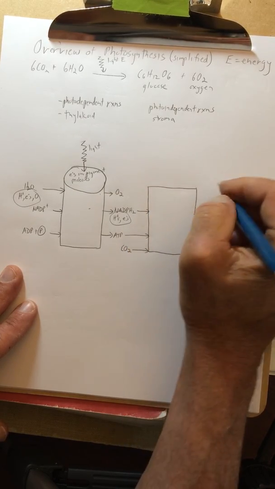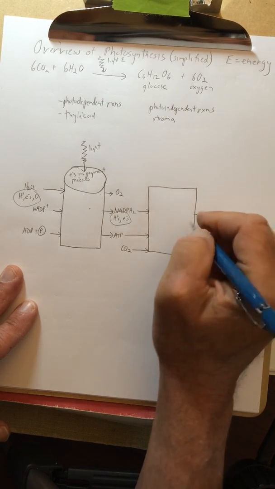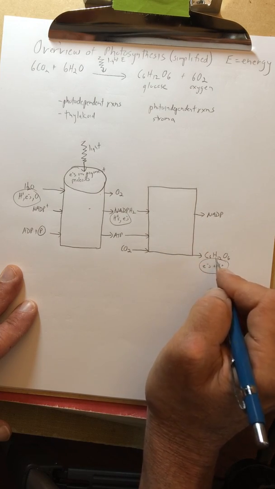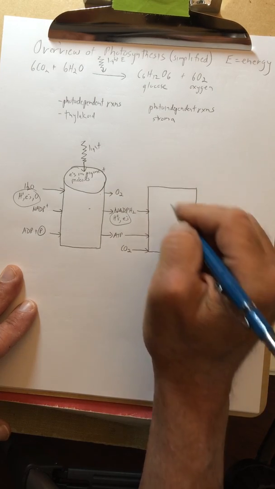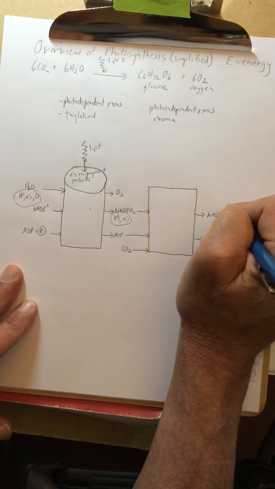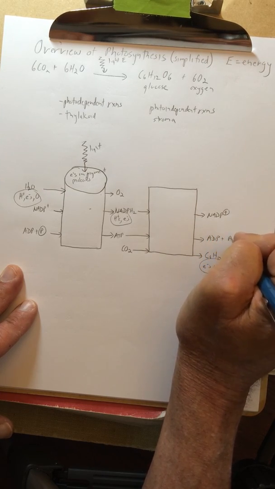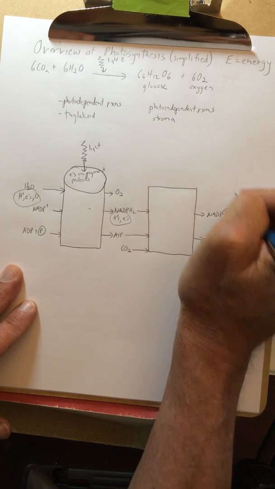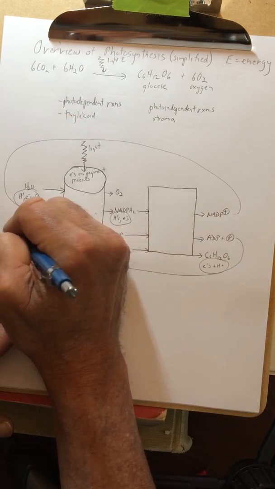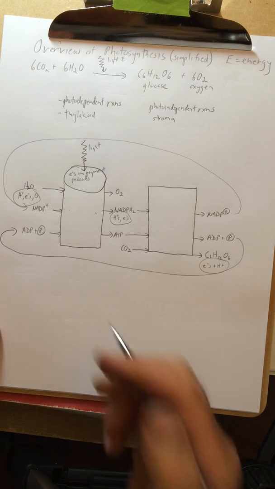So the energy and electrons are used from here. They ultimately go to the glucose molecule, and what we're left with is NADP, and ADP plus phosphate. These two molecules can be recycled, and that's it. All right, so to summarize,